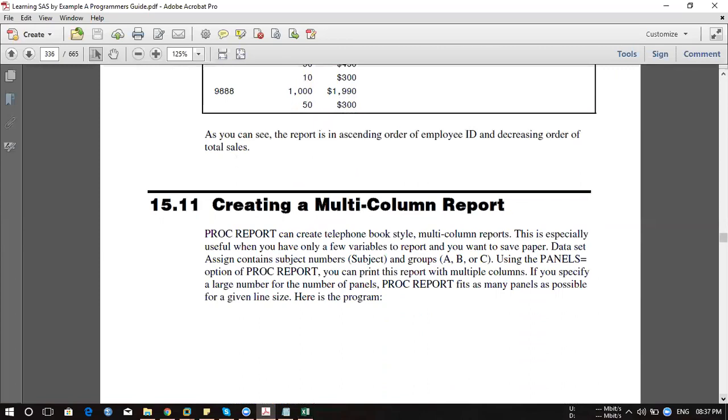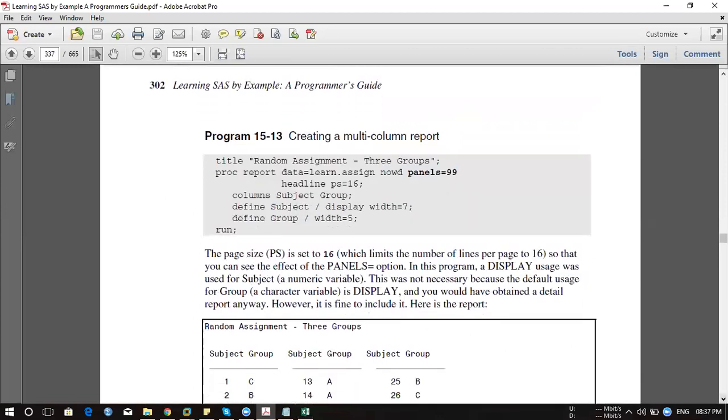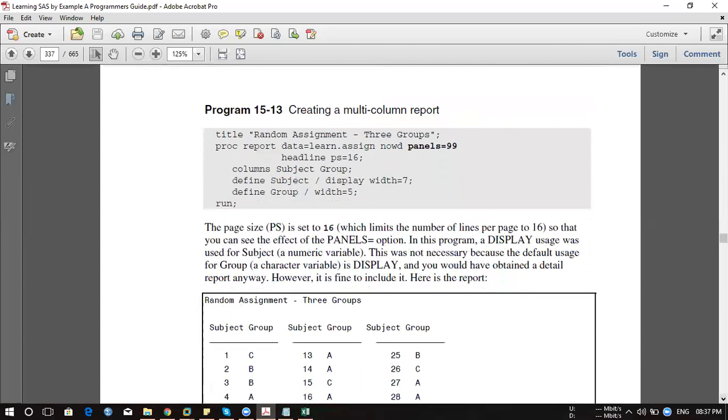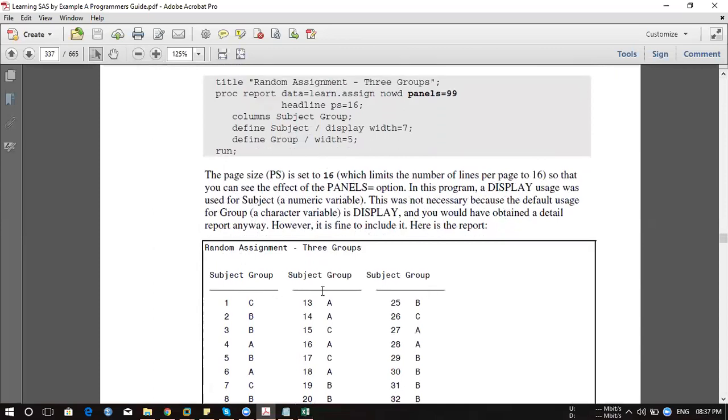This is important and this will help you more. So when you are creating a multi-column report, earlier we talked about a single report. If you want to create the multi-column report, you should have your row, column, and your label, nothing but your page number. Now first, this is just to adjust. Let's say you have so much data, and you have only 2 columns. Correct. If you are not using a panel option, what will happen? You will be getting this data below this particular data set. Correct.